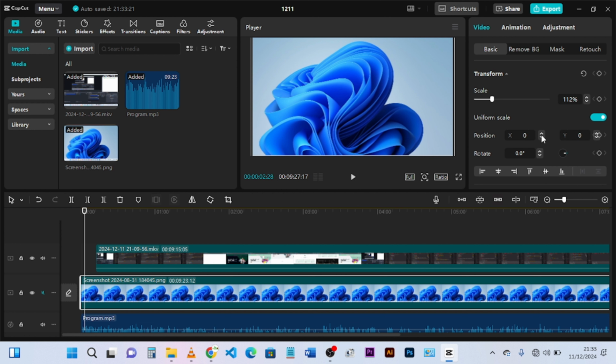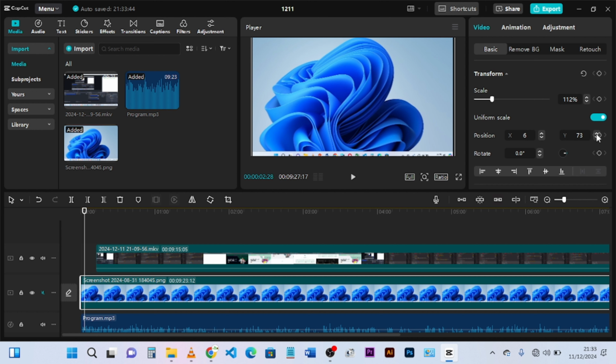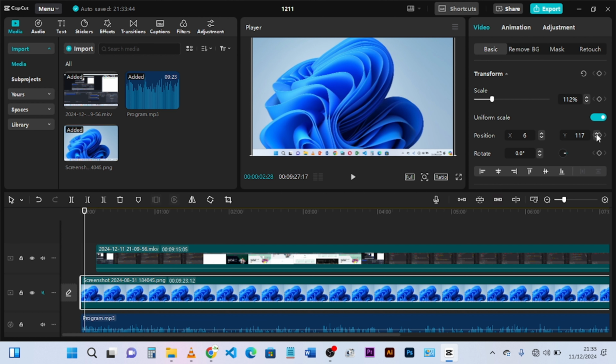If this is the x axis, when you tap on these things it will move it in the x axis, and when you tap on this it will move in the y axis. So for me, I want to move it on this y axis like this. So this is okay for me. Basically this is it. And if I start to play this video, you see,